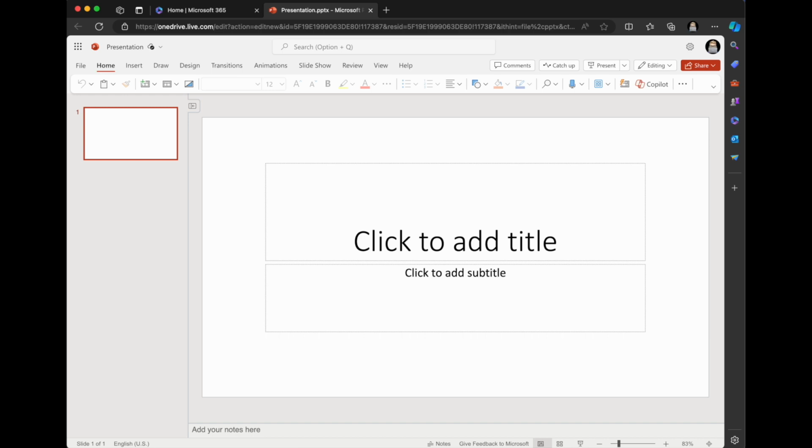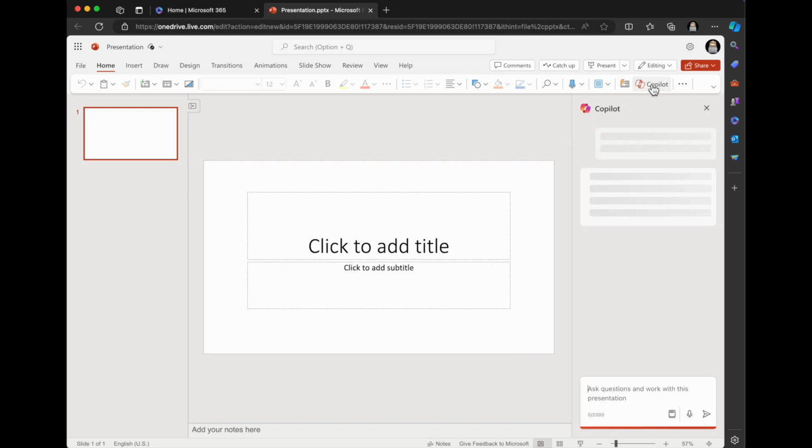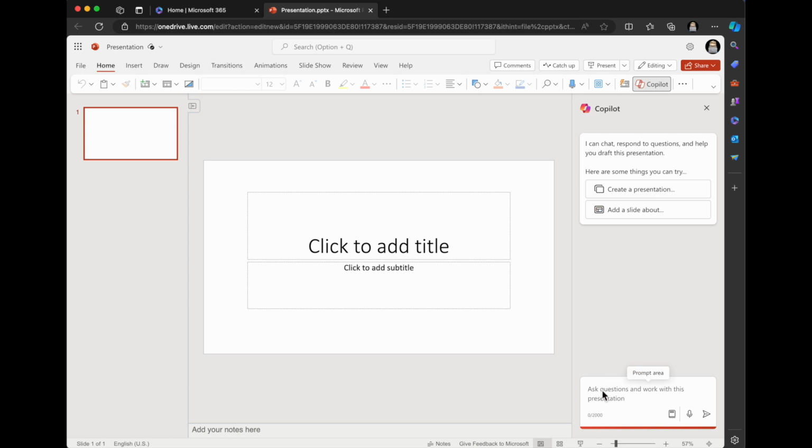But anyway, what I'm going to do here is click on the Copilot button, and this is the Copilot pane. And do remember that when you close out your presentation, all the information in your Copilot pane goes away. So if there's anything that you've created in there, or looked up, or summarized, or used a prompt for that you want to save, you want to copy that out somewhere else because it does go away. But anyway, I'm going to click create a presentation, and I'm going to create a presentation about